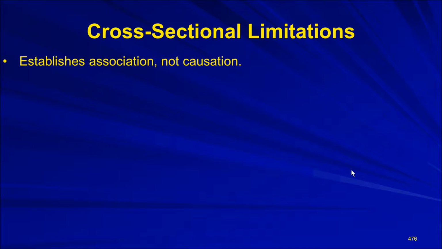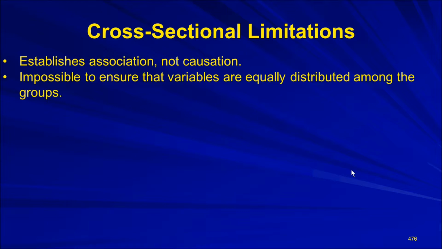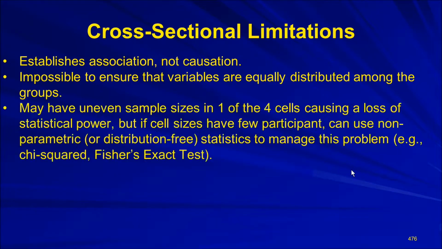Now, cross-sectional limitations. There's no cause and effect. You can't get cause and effect out of it no matter what you do, and you can see there's an association. It's impossible to ensure that variables are equally distributed among the 4 groups, or the number of subjects or participants is equally distributed across the groups. Okay? Notice this. May have uneven sample sizes in one of the 4 cells, causing a loss of statistical power,